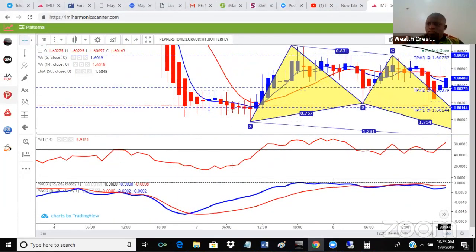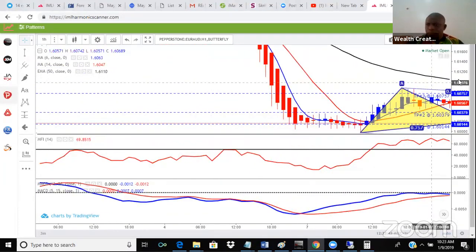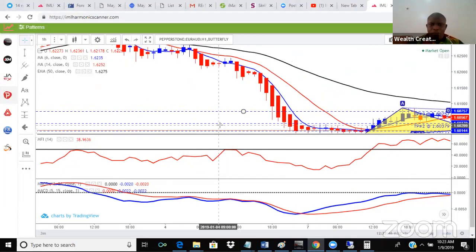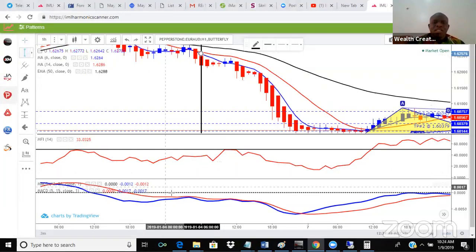Look at this. The blue crosses up the red, but they are still below black. I will not sell here and I will not buy here. So I go further. So this is for sell scenario. Look at this. The blue is below the red. They are both below the black. This is a sell confirmation. I also see that my MACD is also below the price line. That is met.